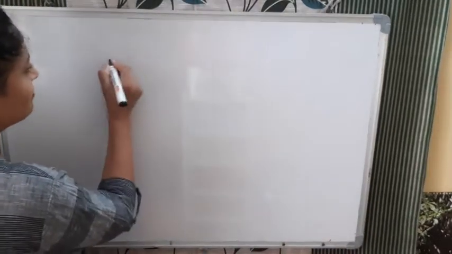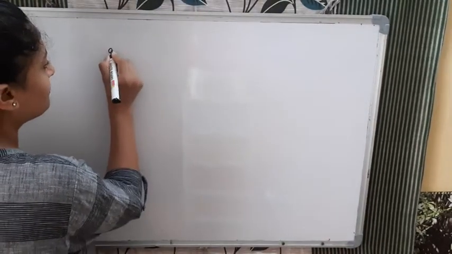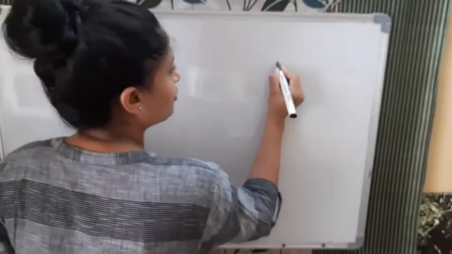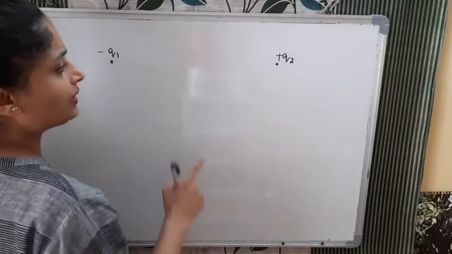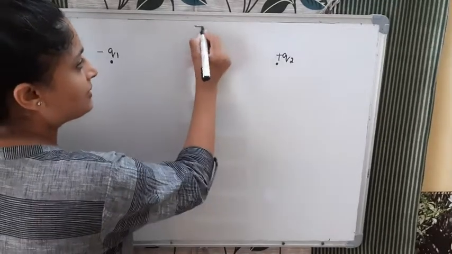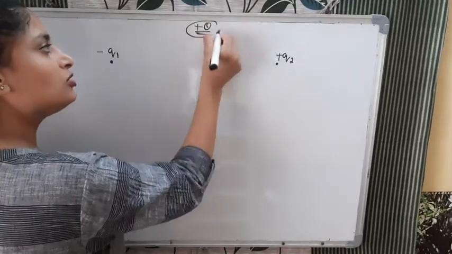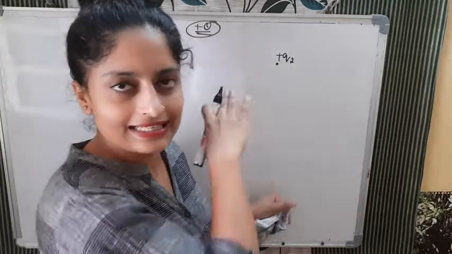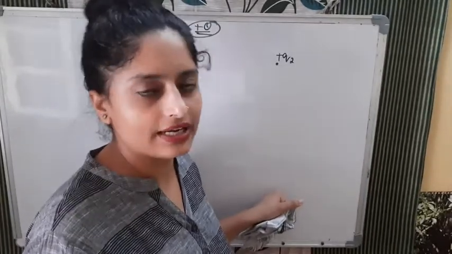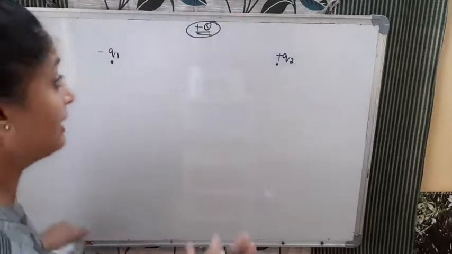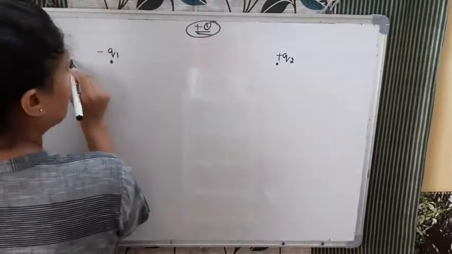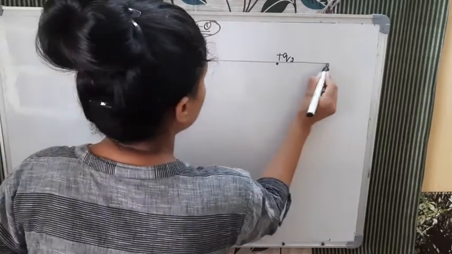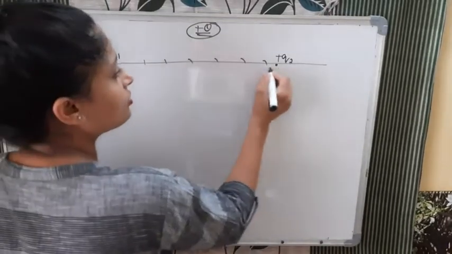So how will you solve the question? Where will you put the charge? In that case, for example, here charge q1 is negative and q2 is positive. If you want to put any charge in between, for example say plus q, now listen, this charge you can also take of your own sign. Its sign will not make a difference; you can take negative or positive, the result will remain the same. So now if I say plus q, I will put it between these two points, on the line joining the two charges. If I place this charge anywhere in between, what will happen?